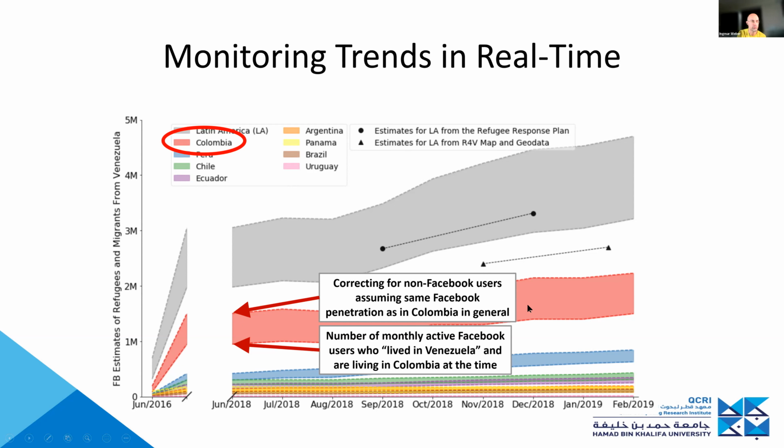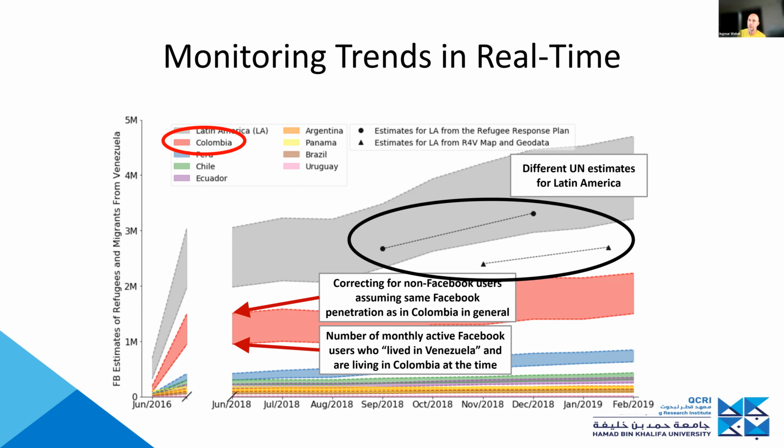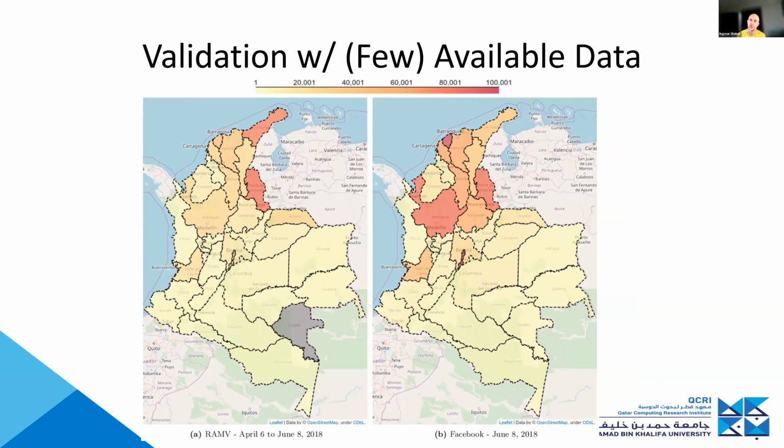Now, how good are these estimates? Here in black, I'm highlighting estimates from different UN reports for all of Latin America. You have to compare this against the gray bars, which are data for all of Latin America in aggregate. You can see at least a similar order of magnitude, but the data from Facebook would suggest that there are probably more migrants, certainly if you look at the upper estimates. That's at least plausible, as is often the case, these official estimates are likely to be underestimates.